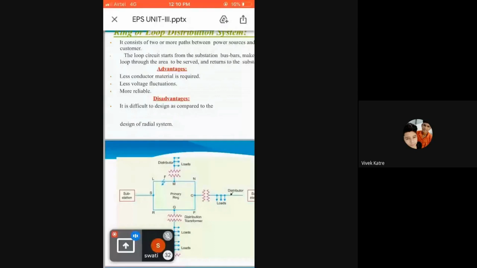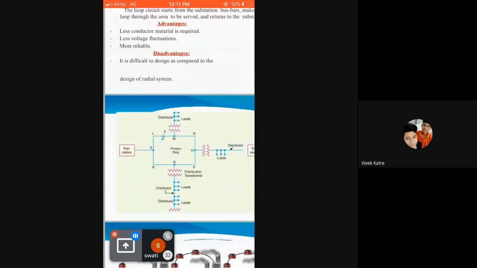It's supplying the distributor from point A to point B. This is AB, your distributor. From this distributor, service mains are connected, that are our load. Why have we shown the load here? Because from this distributor AB, there are service mains which connect directly the distributor to the consumer's terminal. At the end of the consumer's terminal, we have considered the load. That's why we have shown that load directly. Okay, this was all about the construction of the radial system.